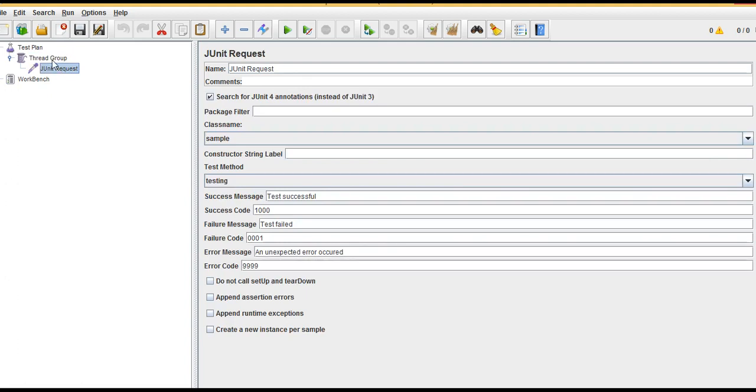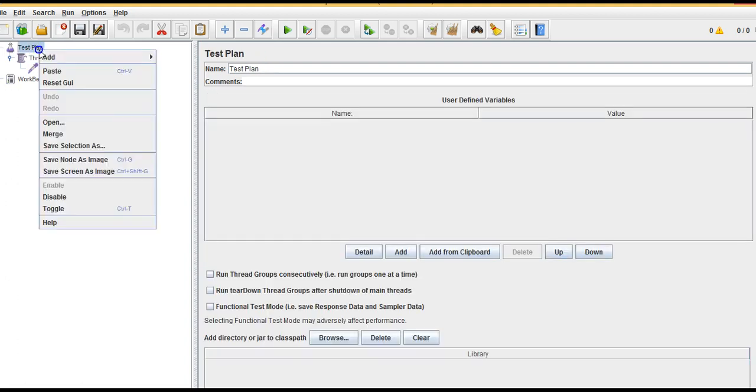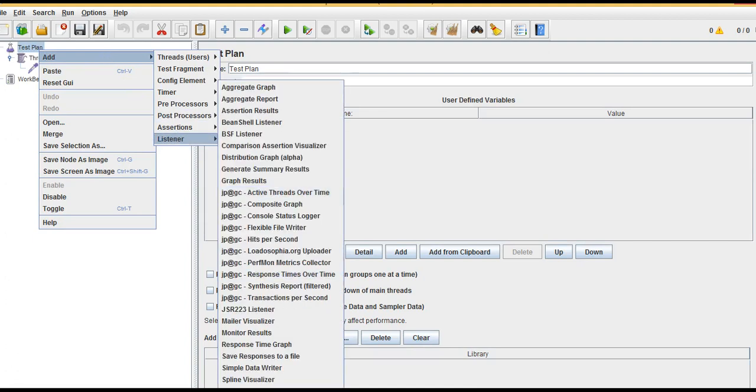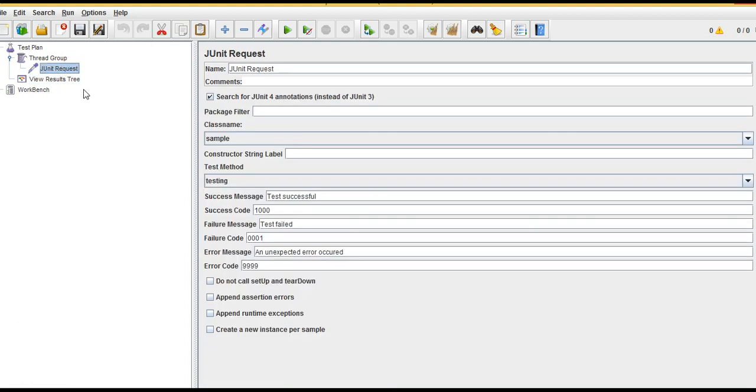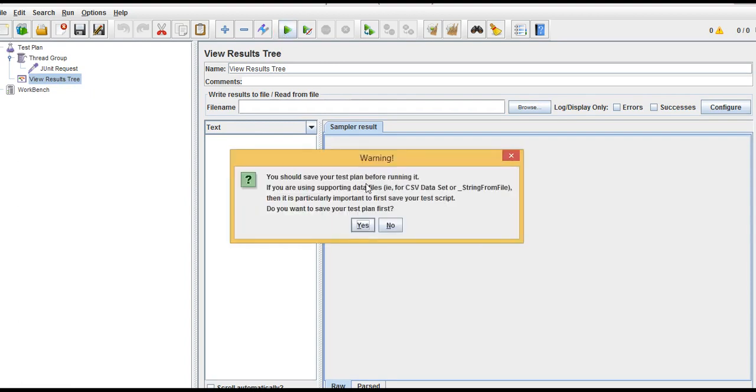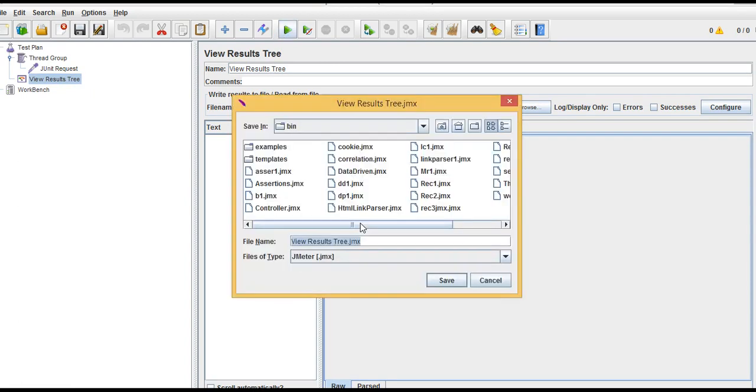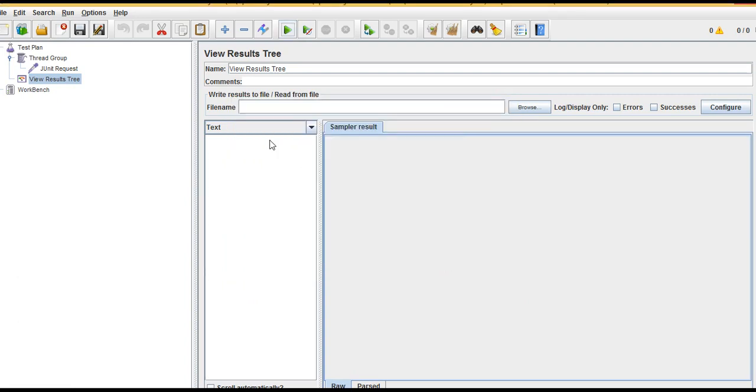will open. And let me create a listener to see the results tree. Fine, all set. Run the code. I have to save the test case first, Selenium JMeter 1. Save it.